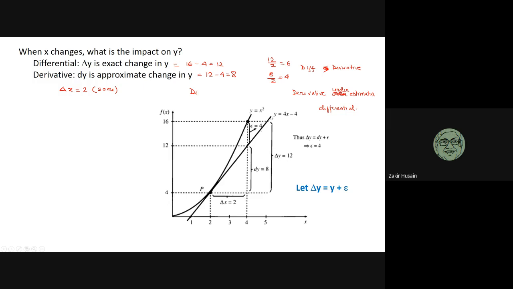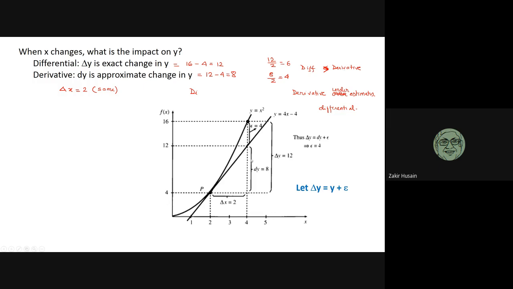Now let us use the tangent. Okay, x equal to 2, so y is 4. If we increase x to 4, what is y? We move along the tangent to this point. So now we have got only this amount. This is 12. So the change in y is 8. And the dy dx is 4. 8 by 2, 4. So we can see that the differential is greater than the derivative.